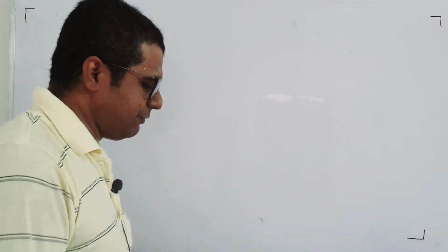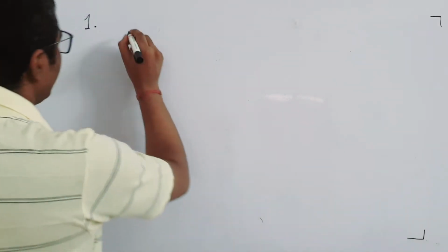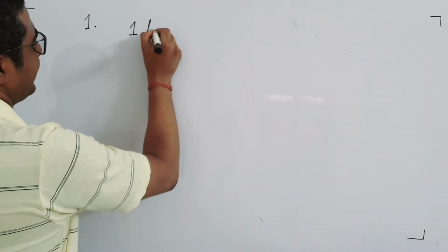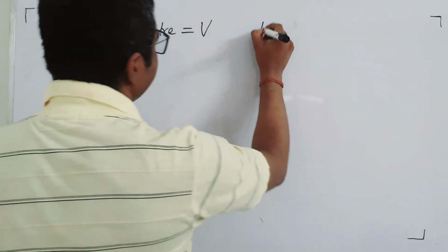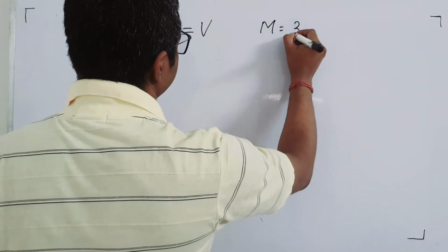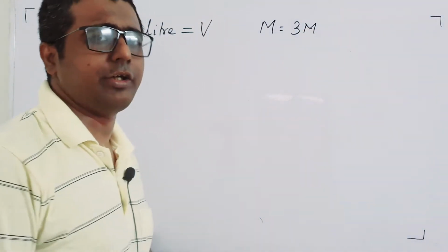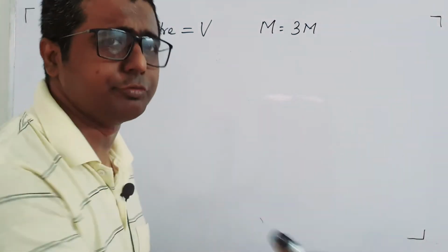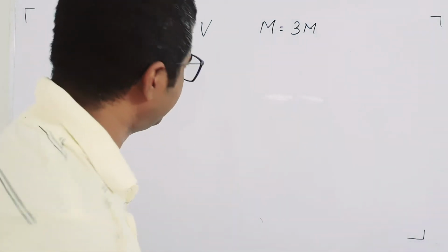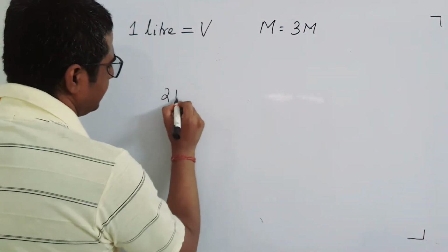So we'll take my first case study, that is number 1. Okay, it is given 1 liter and 3 molar. 1 liter means volume is 1 liter. Molarity is given as 3 molar. A 3 molar H2O2 solution is given. So you have to convert it into volume strength. So how do I do it? I need to write this H2O2 as some volume, 50 volumes, 20 volumes, whatever it is. So first of all, we'll write the equation.